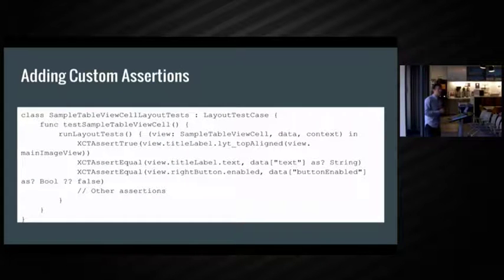Finally, we can add our own custom assertions about the view that we want to test. So for instance, you can make sure views are aligned correctly and that they're laid out in the correct order. Here we're going to make sure that the title label and the image view are top aligned. The library ships with a bunch of helpers to make sure that this is laid out before this view or on top of this view and things like that. It also has built-in support for Arabic, making sure that before might mean something different in right-to-left languages and things like that. The next thing you could do is verify that the data was bound correctly to the view. So here it's just making sure that the title label text is actually correct.